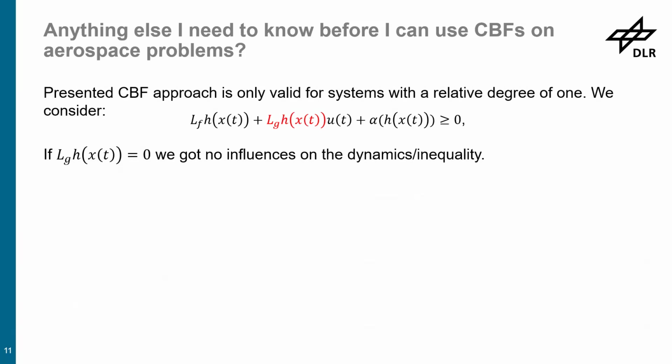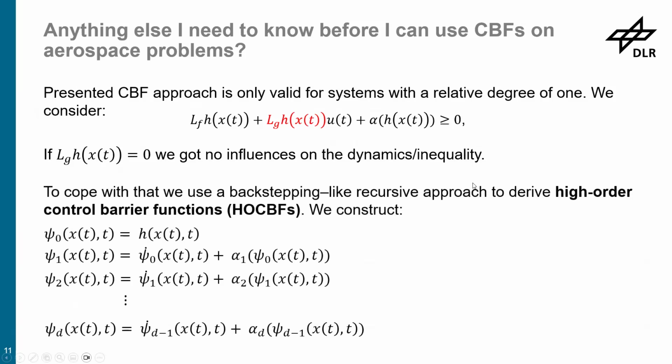And the classical way of dealing with that is a well-known case of nonlinear control, because you will have something similar to NDI or backstepping, which is to take another time derivative, right? And you come up with a recursive way of deriving control barrier functions, and this method is called higher order control barrier functions, HOCBFs, right? So you basically continue to take the time derivative and hope that at one point your control input pops up, right? And if you have that, you're good to go.